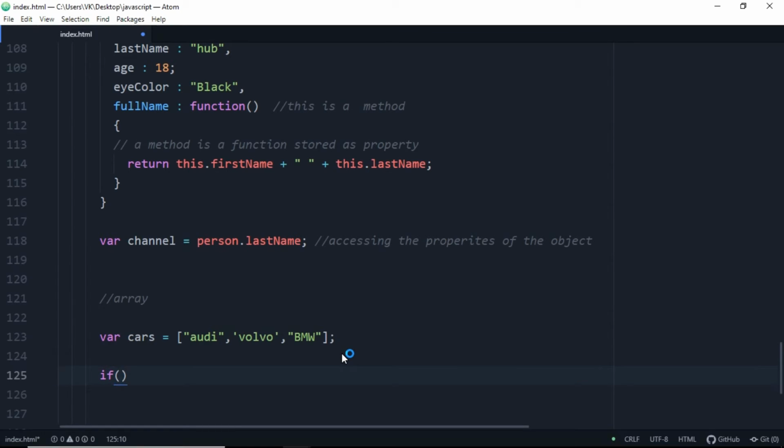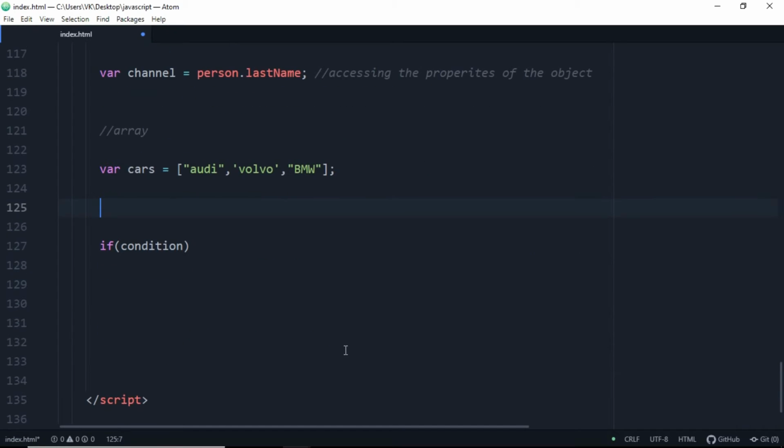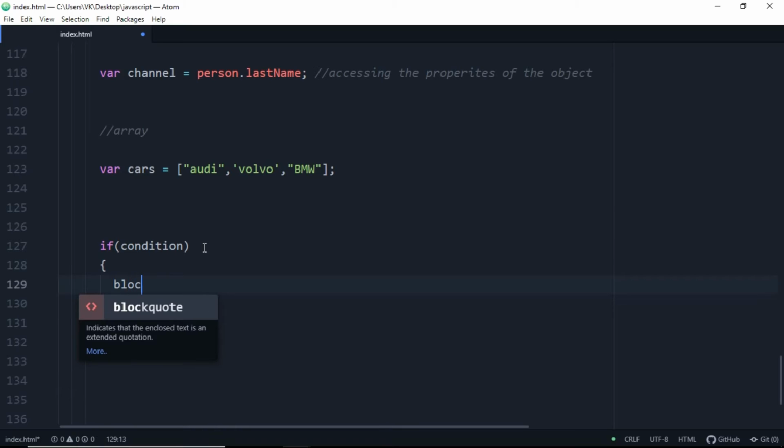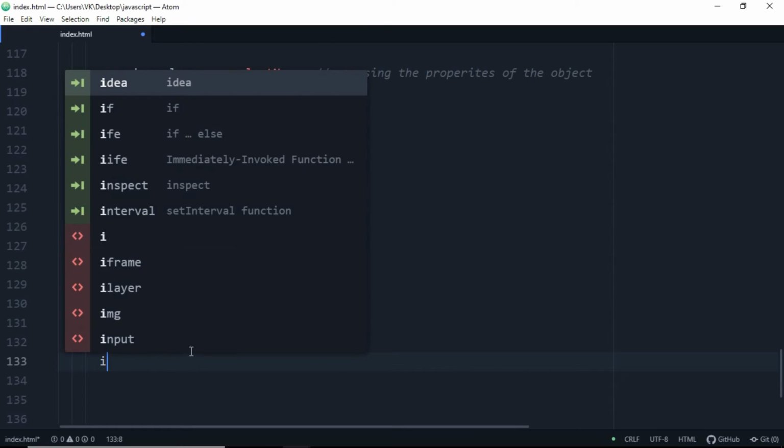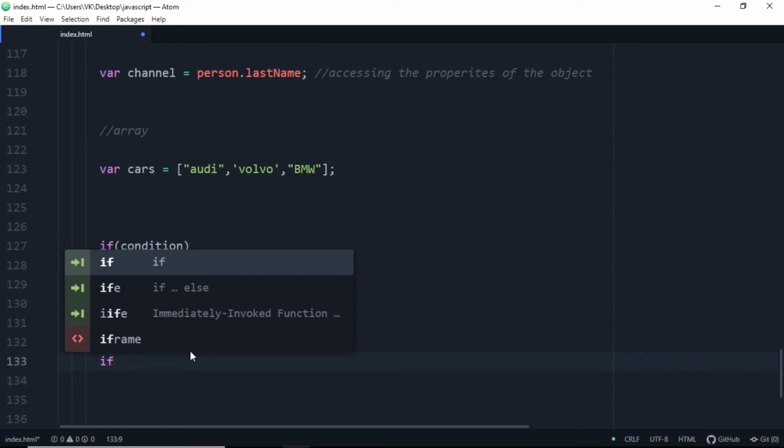So let's use the if else statement here. An if condition is basically true or false. When it is true, what statements are we going to execute, and if it is false, what statements are we going to execute for that particular condition. Inside the curly braces is the code we are going to execute for the if statement. So if is incomplete without the else statement. Let's use a better example of the if statement.